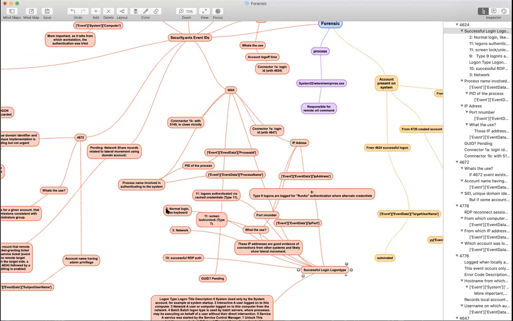One example: you are investigating a system and you see that a logon happened to that system, but the logon type is 2, which is keyboard based logon. When you connected with the owner, they told you they were on paid time off that week and out of town. So now you know the main employee was not there. Then you work with the security team, get the CCTV footage, and with just this event you can check whether any other person actually logged into the system.